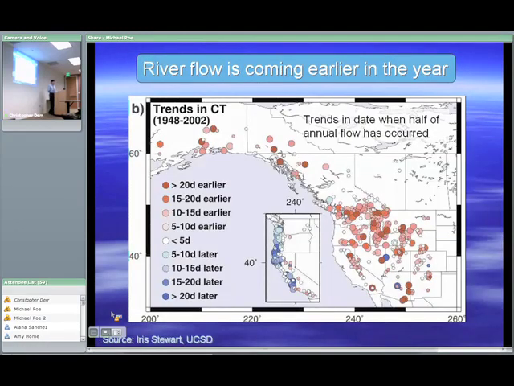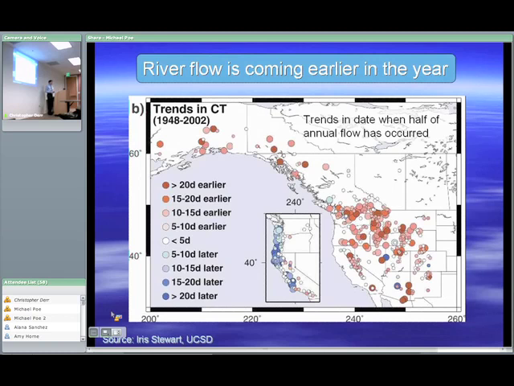This is another warming-related result, and it's a very important one. And this has to do with the seasonal timing of river flows. Okay, and we care about this mainly because of our water supply, and our water supply depends on late-season flow, which mostly comes from snowmelt and fills the reservoirs after it's not raining anymore. Okay, and what this is showing is that river flow is tending to come earlier here.